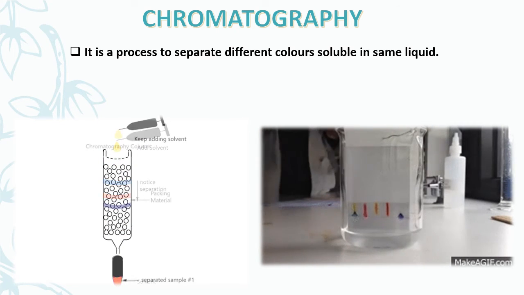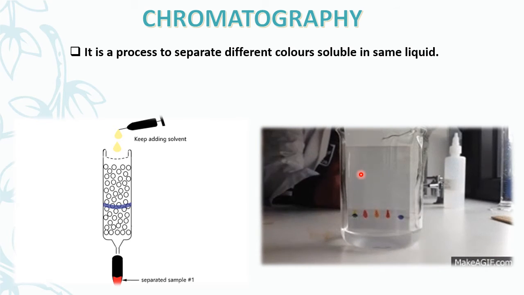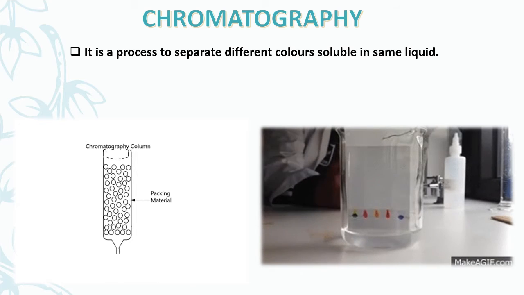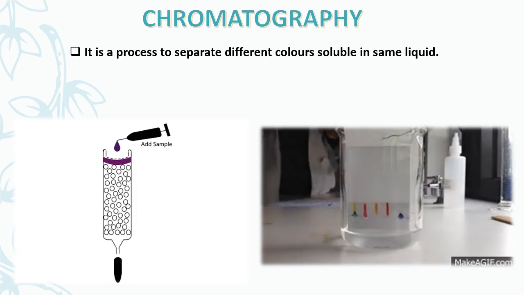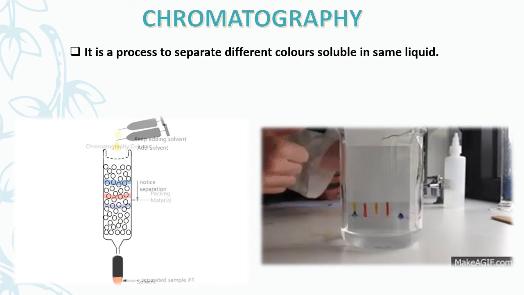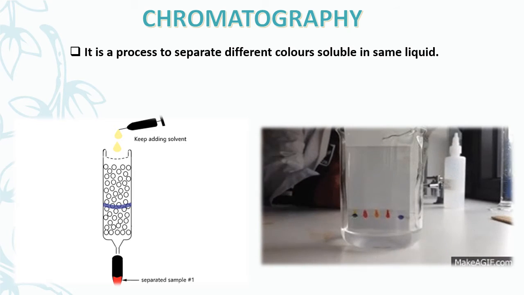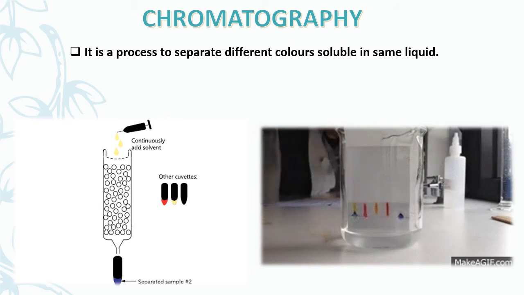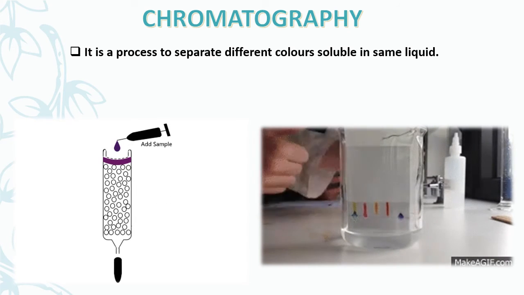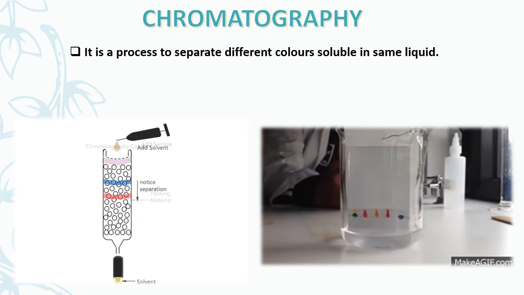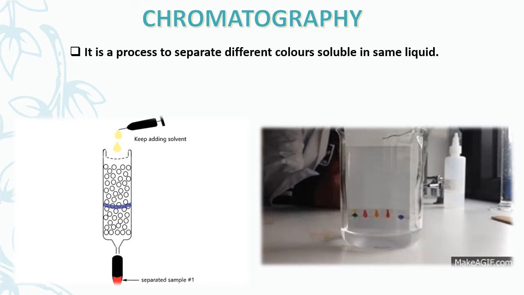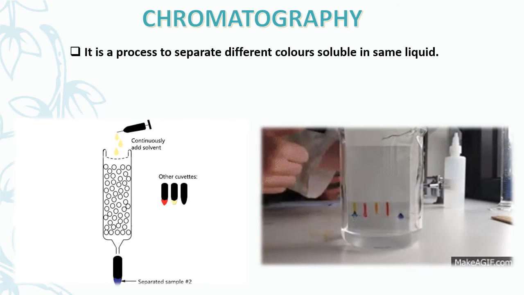Here is an activity given to you: take a filter paper, draw a line on it, and on that particular line place different colors. Place it in a beaker or a glass jar or simply a glass, such that the line is above the water level. It should not be dipped into the water. Now as the water level rises in the paper, the colors get separated out.